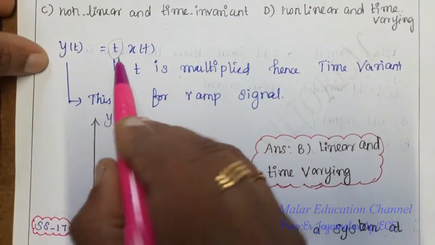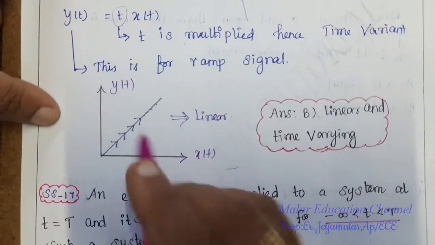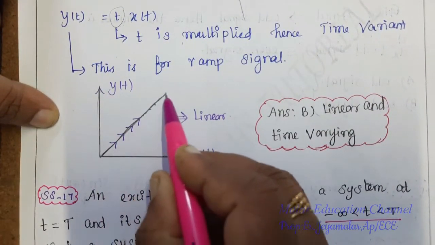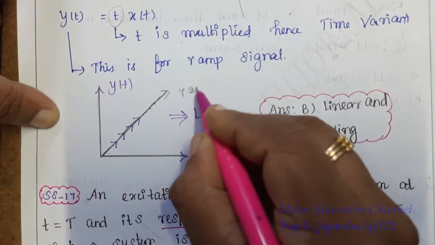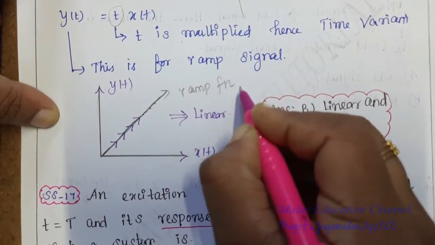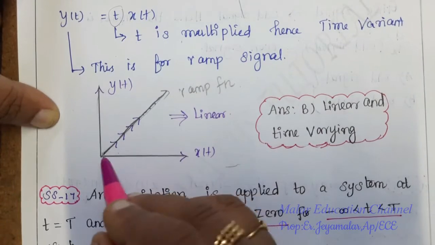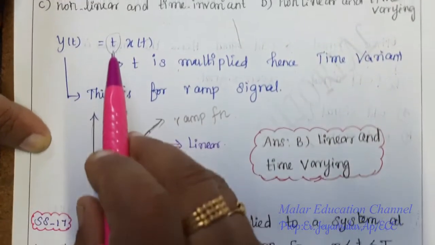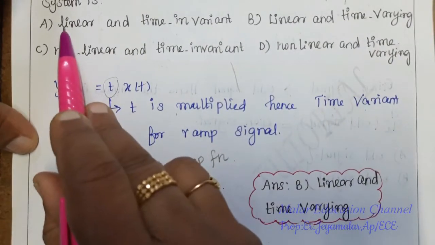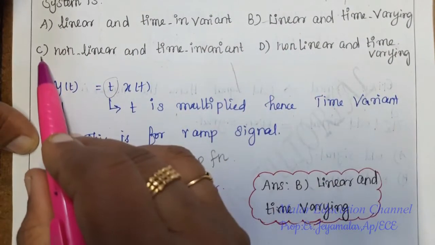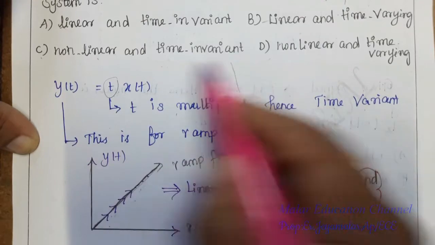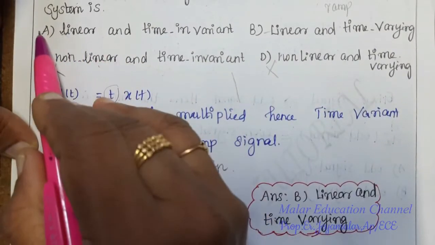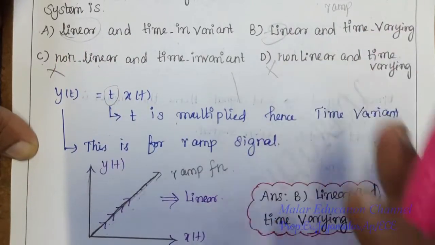Okay, anyway, see here, this is a ramp function. See the diagram, x axis, y axis. The signal increases little by little. Likewise, this is for a ramp function. Ramp function means this is for a linear one. See the diagram, this is a linear equation diagram. So option A is linear and B is linear. See option C non-linear, option D non-linear. So options C and D are wrong answers. This is for linear, so options A and B are right.